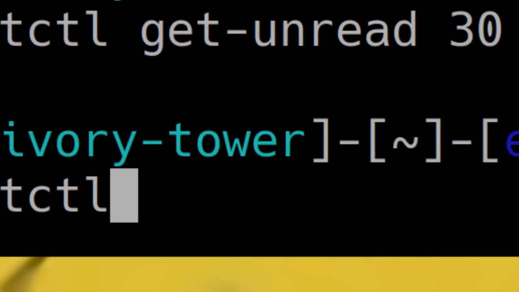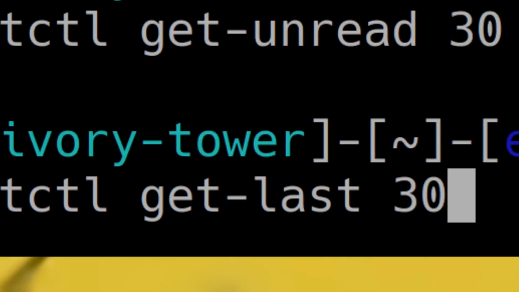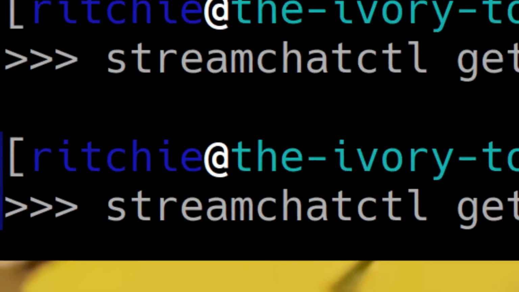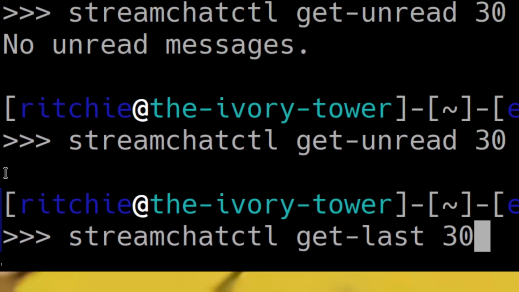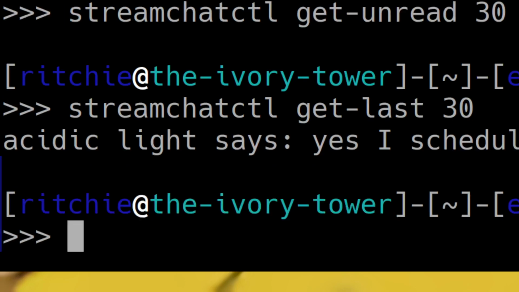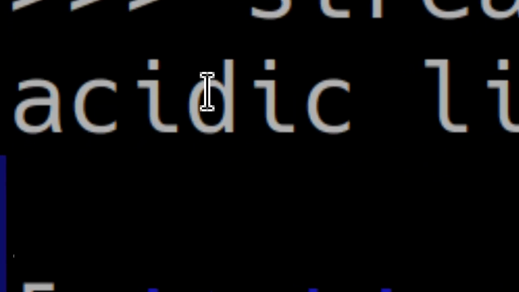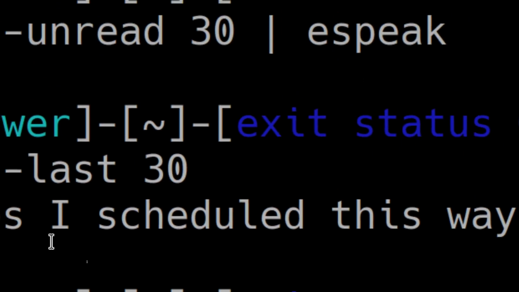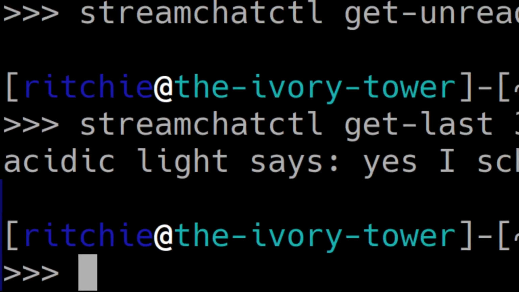is streamchatctl get last, and then the number of messages I want to get. And instead of this just getting messages that have been unread, the daemon, every time it asks YouTube for messages, it logs them in memory. And it will mark them as read once I've actually read them, but I can go back into the history. And it will query YouTube for more, but as you can see, right here it says Acidic Light says, yes, I scheduled this way too early, and it's just in the logs on my computer waiting for me to read